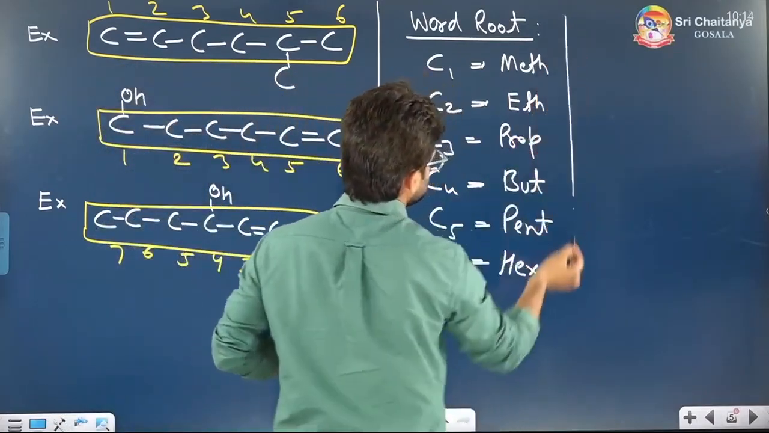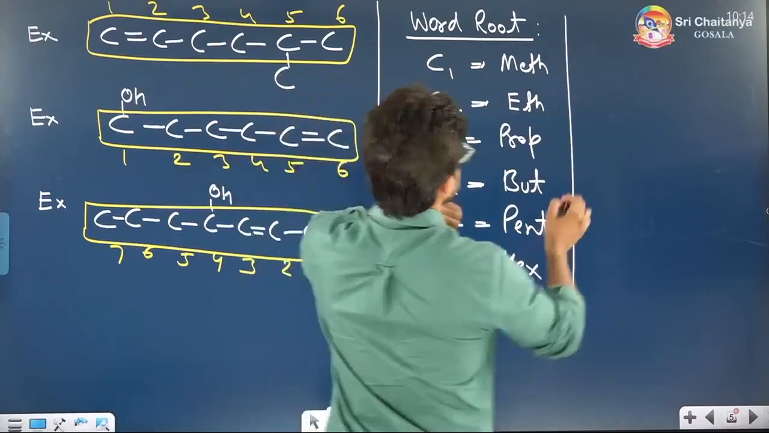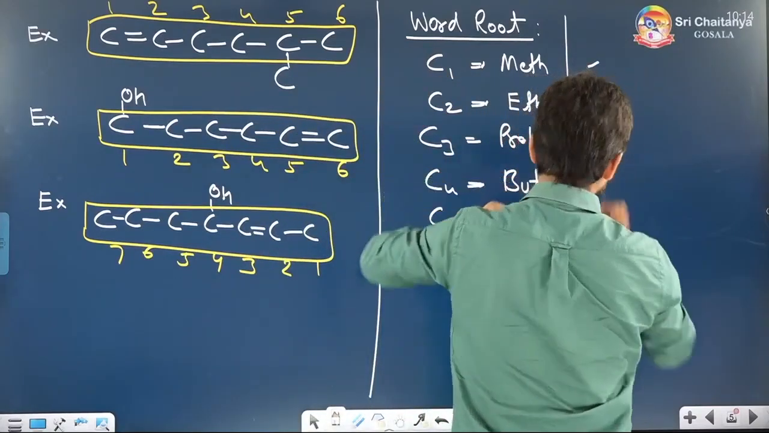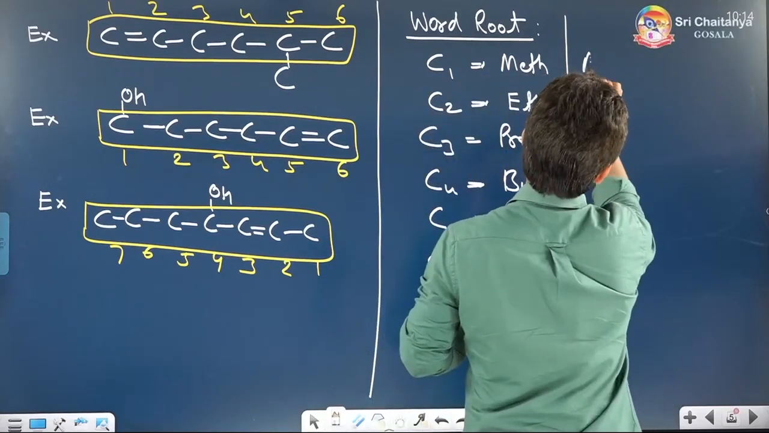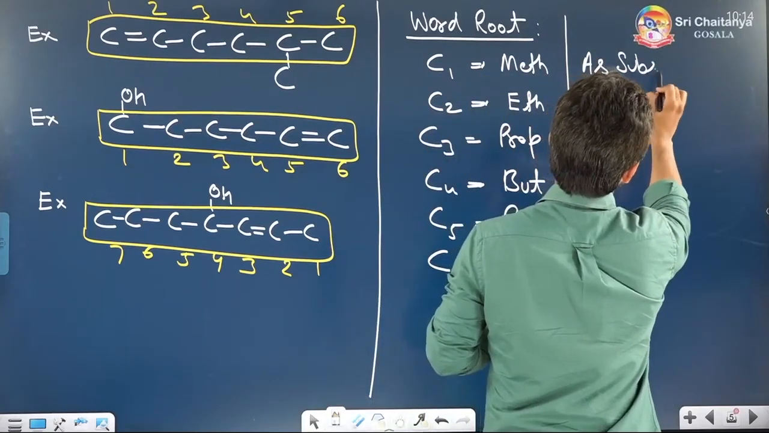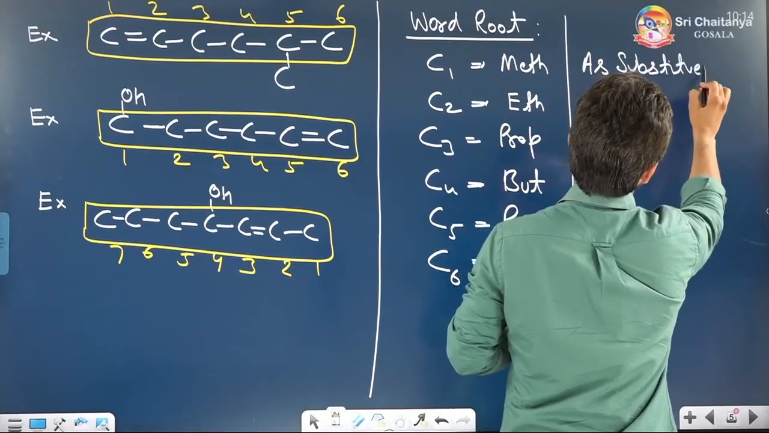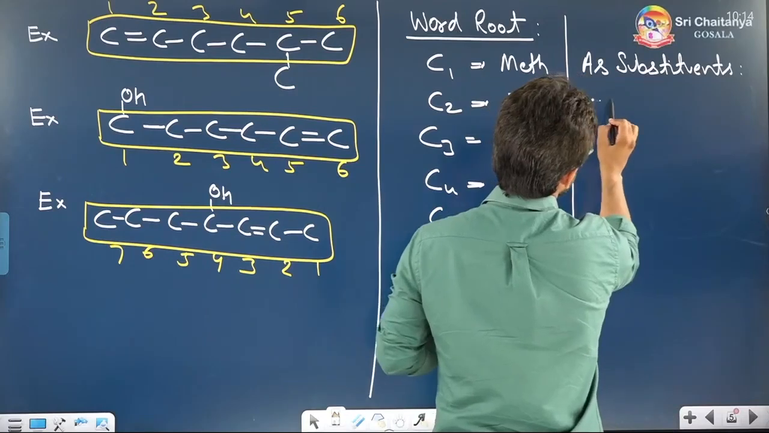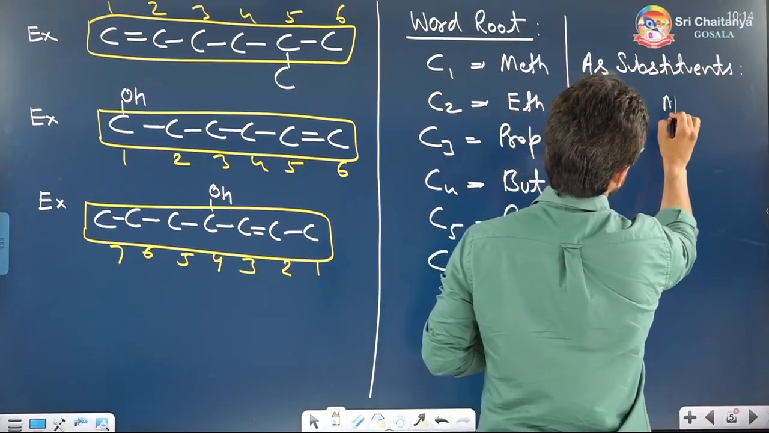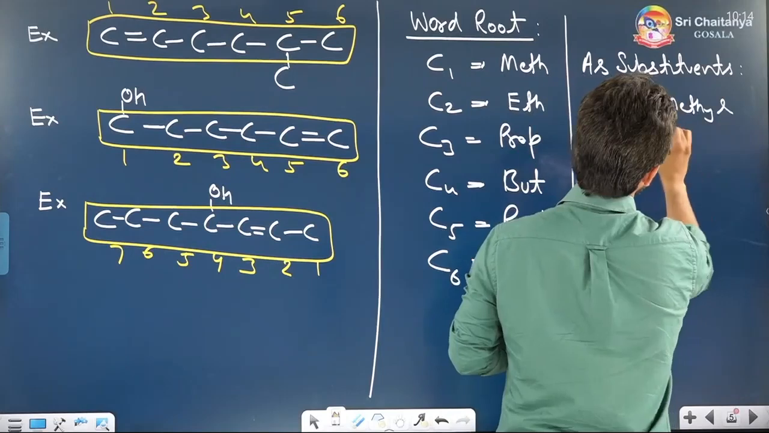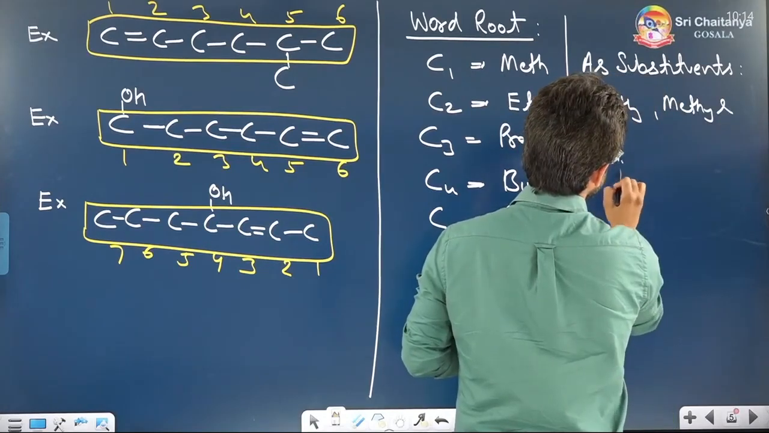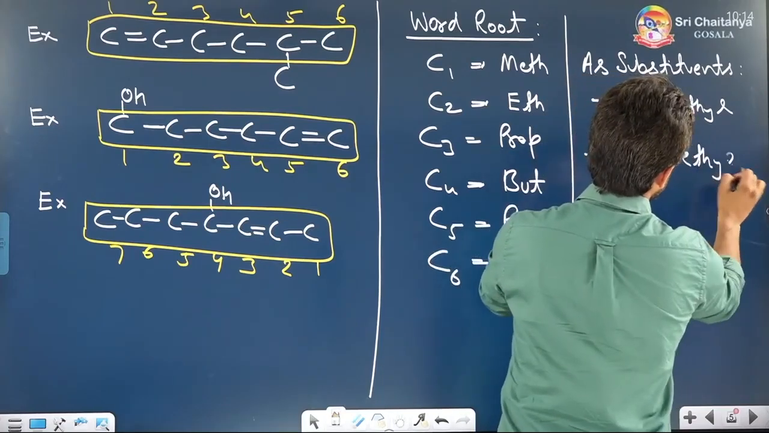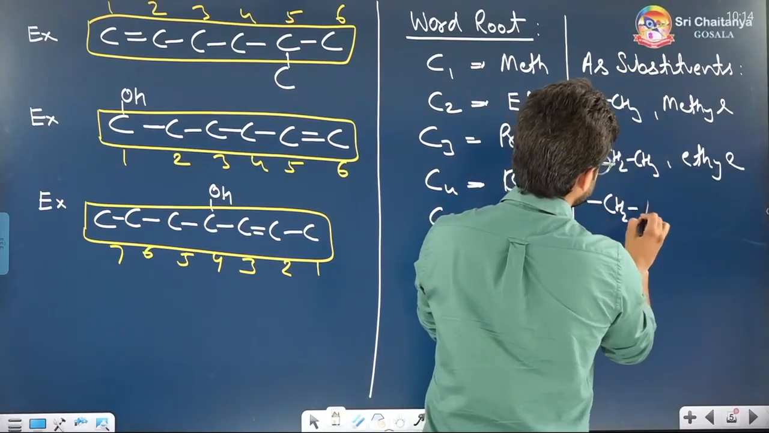Now imagine these are used as substituents. Imagine I am having CH3 as my substituent. If these come as a substituent, a side chain, how will you name it? Assume my substituent is CH3. So I will call it methyl. What do you call it? Methyl. If it comes as CH2, CH3 as a side chain, it is what? Ethyl. If it comes like CH2, CH2, CH3,